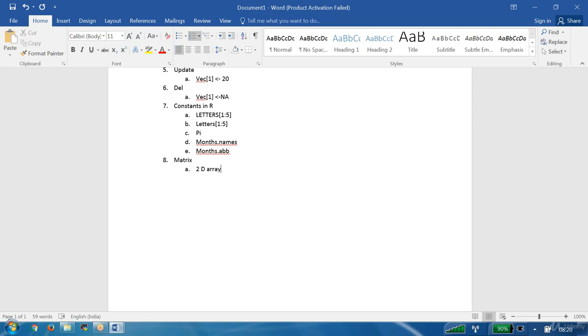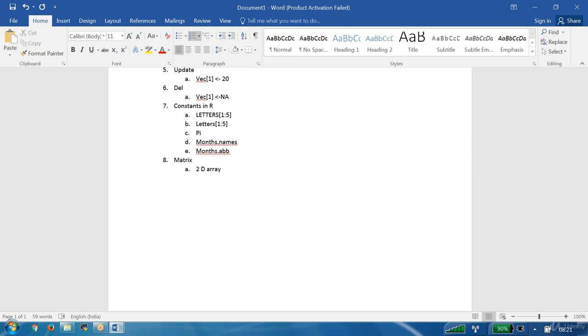A matrix is a 2D array, so here rows as well as columns are available. In the case of a vector, there are only rows, no columns, and that too only one row, not n number of rows. But in the case of a matrix, n number of rows and n number of columns may be there. That is the first point you have to note down.